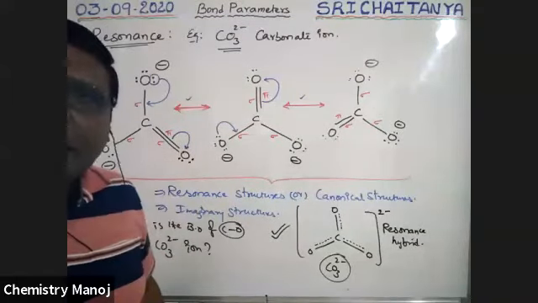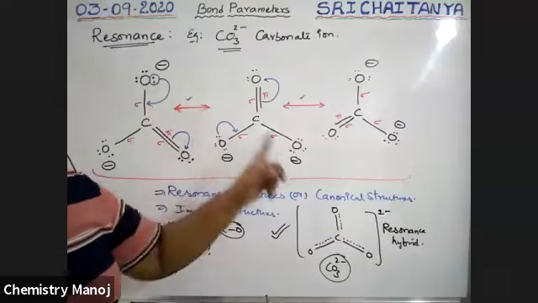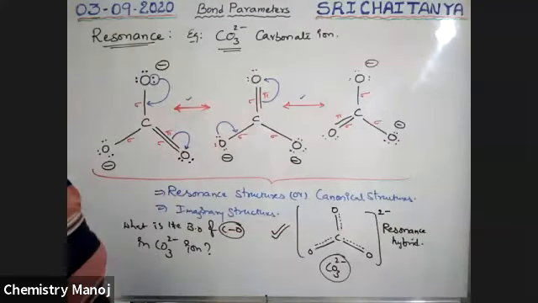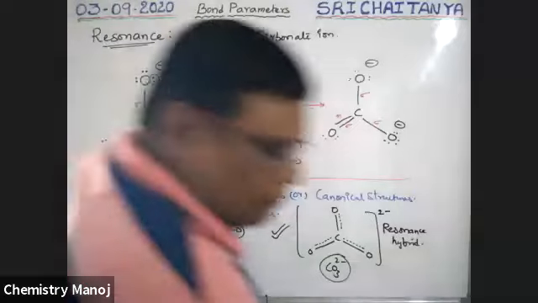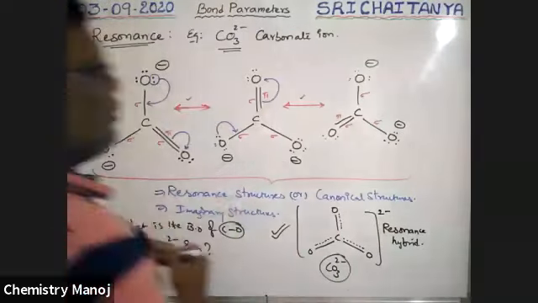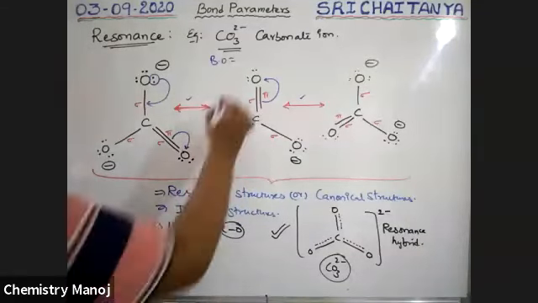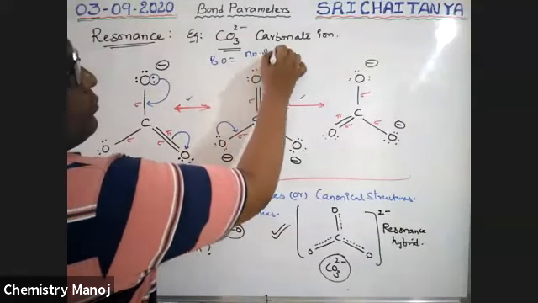Open chain molecules, that is non-cyclic molecules. For this type of non-cyclic molecules, please note down the formula. Bond order is equal to number of bonds